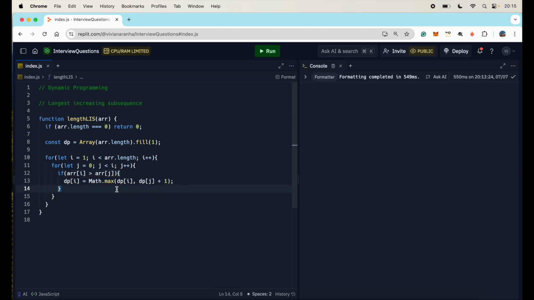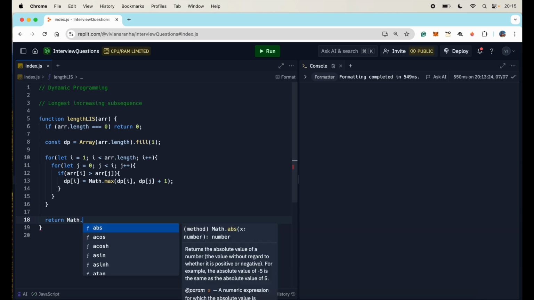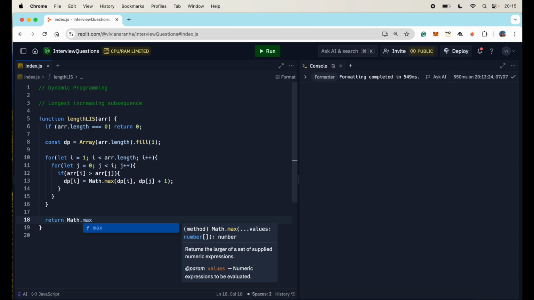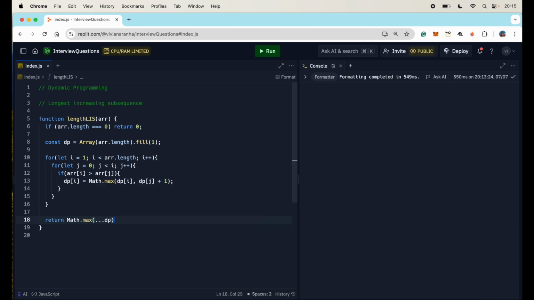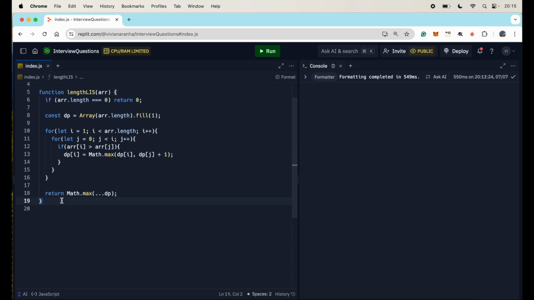Perfect. So that is the complete logic here. That's all that you have to do. Return Math.max now out of the entire dp array. So I'm going to spread out the array and then give me the output instead of writing multiple lines